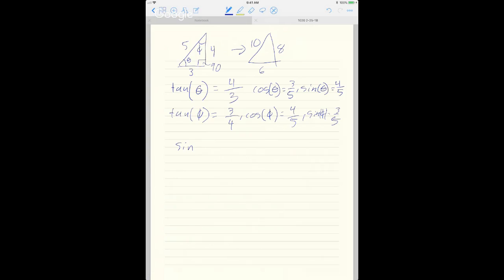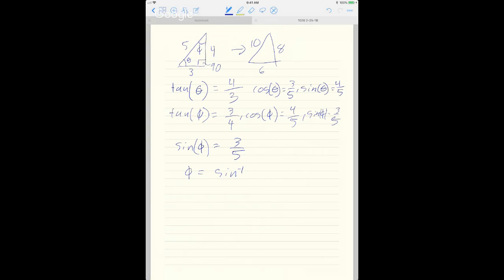So I know that the sine of phi is equal to 3 over 5. So then the sine inverse of phi, can't write that. That's the wrong input for an inverse function. I have to input a ratio. Phi is equal to the sine inverse